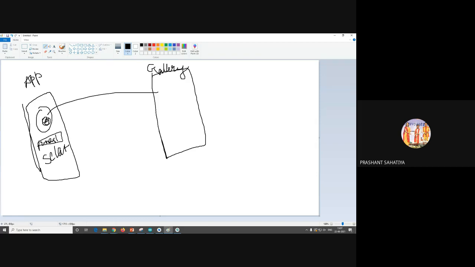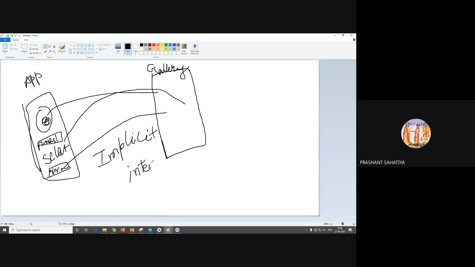For example, sir, I have one email ID over here in my app. I want to make one feature: whoever clicks on that email ID, my Gmail should open. Or one number, 81558, whatever it is, whenever someone clicks on that button, my call app should open. So that is the concept of implicit intent. You are redirecting to some other app to fulfill your app's function. And what do you mean by explicit?